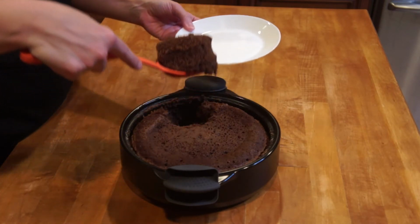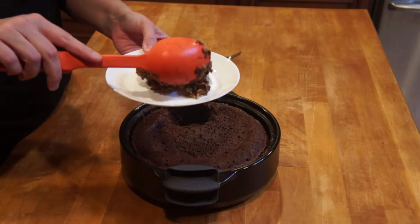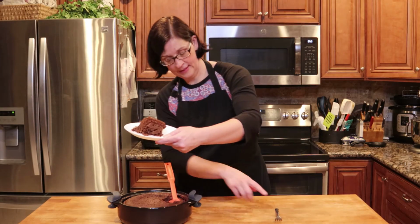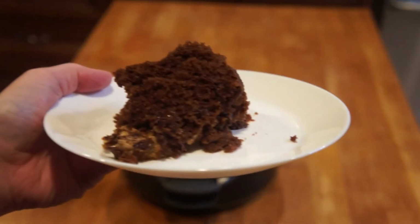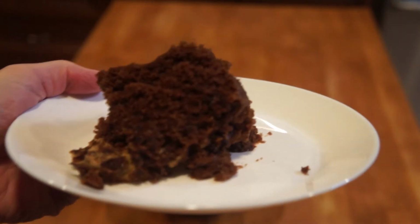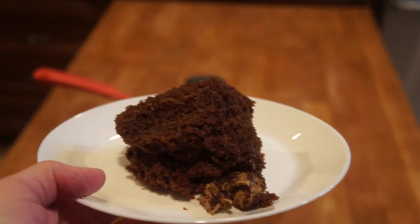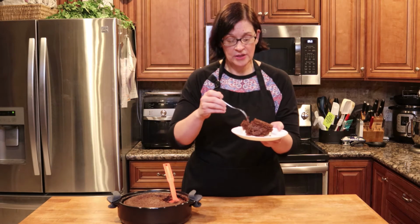I want to show you this delicious, delicious, deliciousness. Look at that. Let's see if we can get up close so you can see. Oh yeah. Beautiful devil's food cake. See? All right, now time to